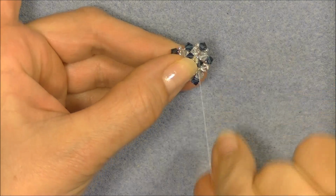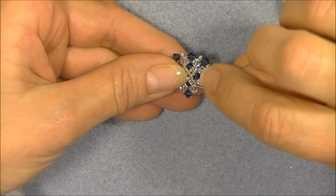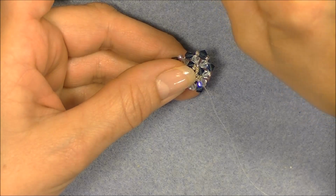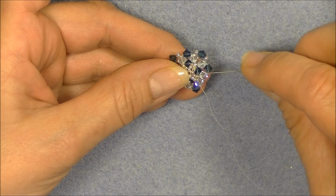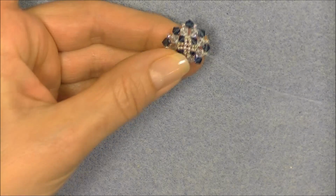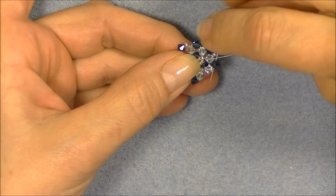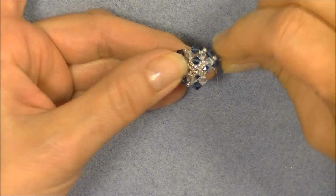Now we need to get ourselves positioned to the top of this, between these two units here, so that we can join them together. So we will come up through this crystal, pick up an 11-0, and then a color A, and then an 11-0, and we're coming out of this crystal. We're going to cross over to this crystal, down through the 11-0 seed bead, then come up through the crystal here, move through this unit so that we can join the unit next to it together. So just go all the way through this entire unit and down into the 11-0 seed bead,